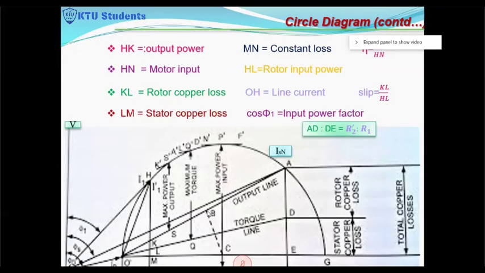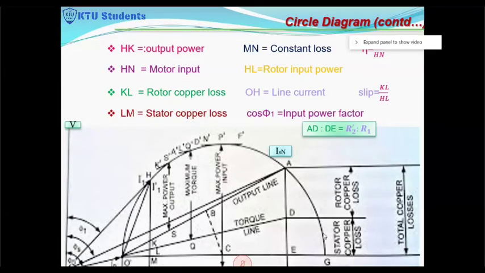If you extend the perpendicular bisector to meet the horizontal line drawn from the point I0, you can see a point will be obtained, that is C. That point is the center. You choose it as the center and take O dash C as the radius. You can draw a semicircle which will pass through the point A, the tip of ISN. So you will get a semicircle.